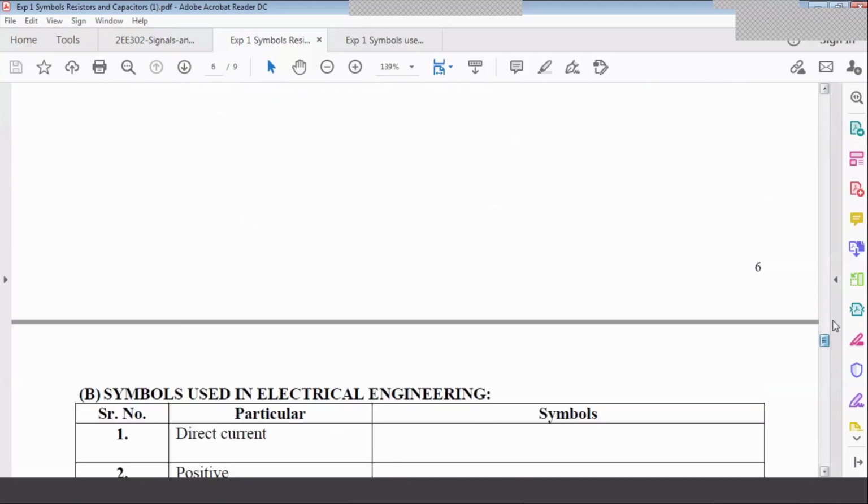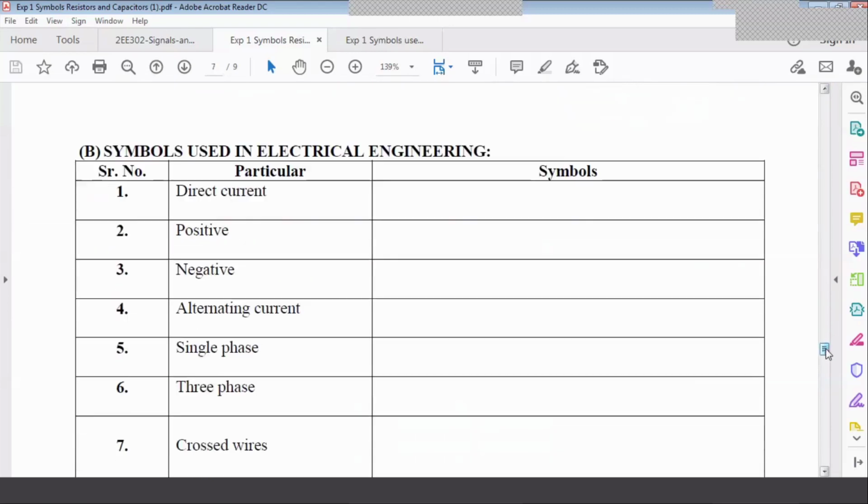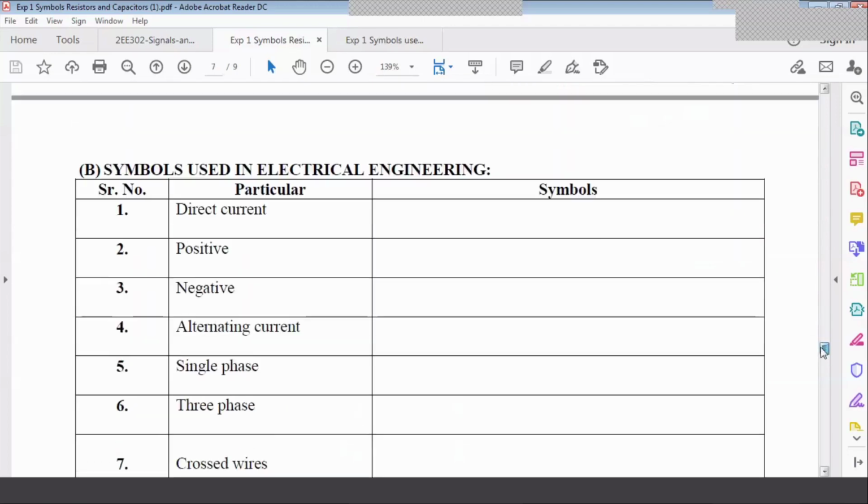Then after that, you need to draw the symbols in your own handwriting. Either you can take a printout of this page, or you can take a simple A4 size paper on which you can draw this table and the symbols in your own handwriting. Then you can scan and merge that PDF with this PDF in the same order.